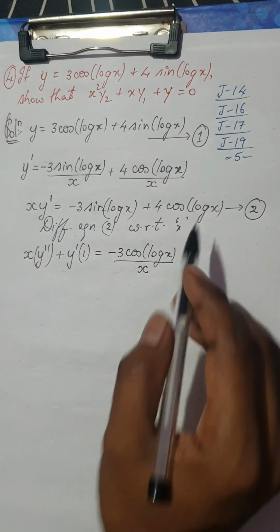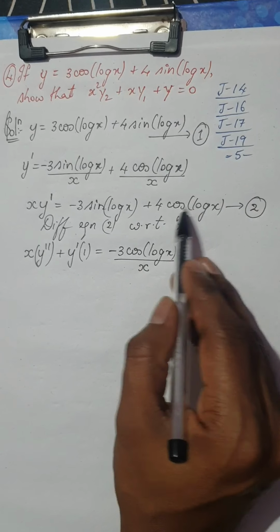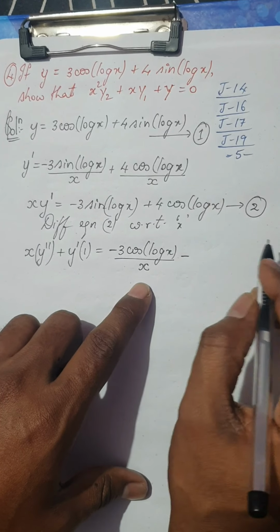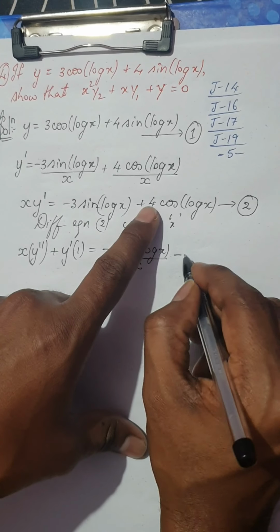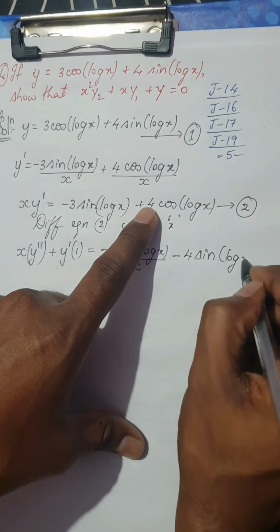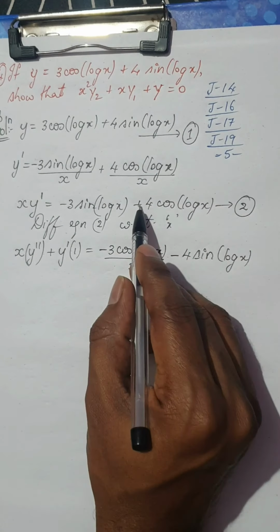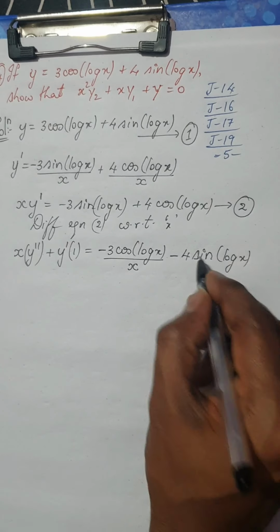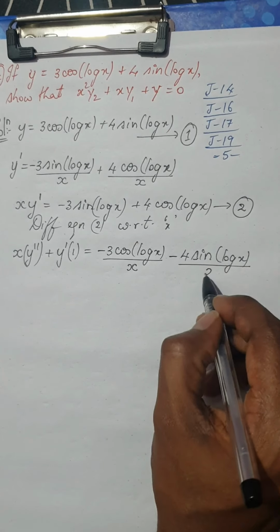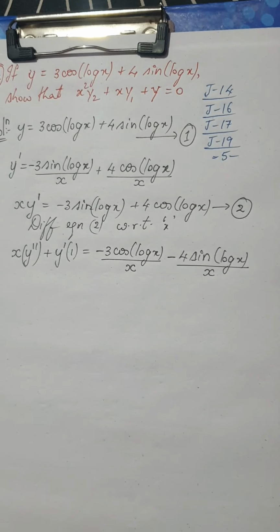Is it clear? Now look here. Now derivative of, I have cos of f of x. So derivative of cos of f of x is, I have minus sine. So I am going to take minus here. Minus 4 times sine of log x. Are you following it? Why I got minus is because derivative of cos is minus sine. So minus sine of log x divided by x, the derivative of log x. Okay. So hope you have followed this step.